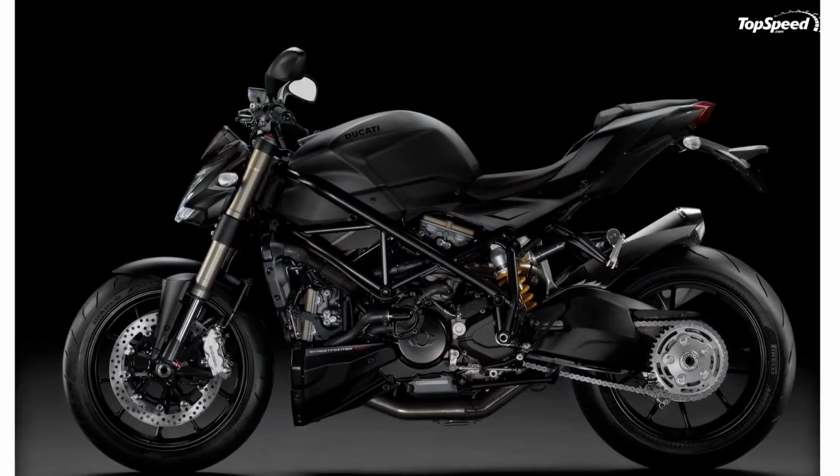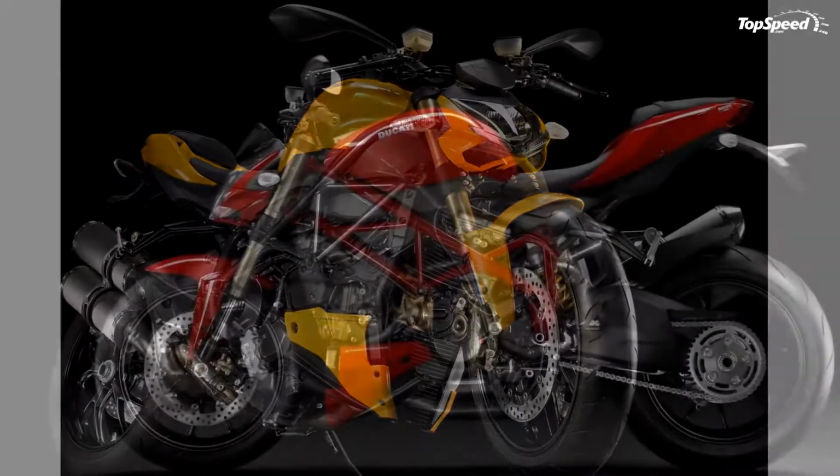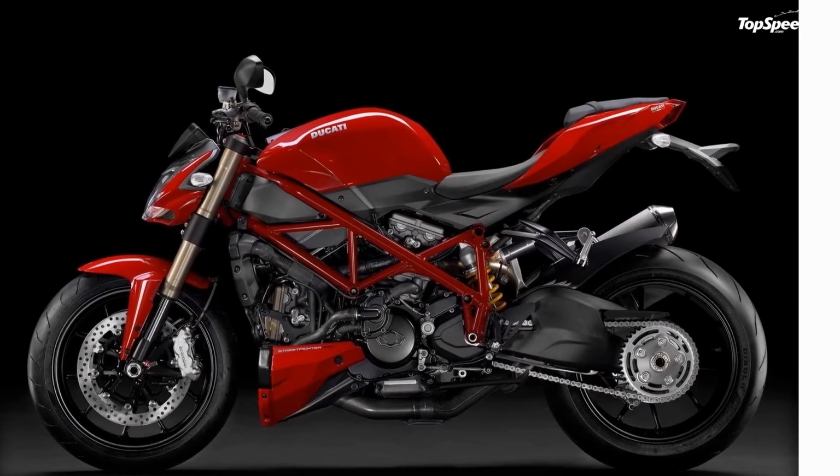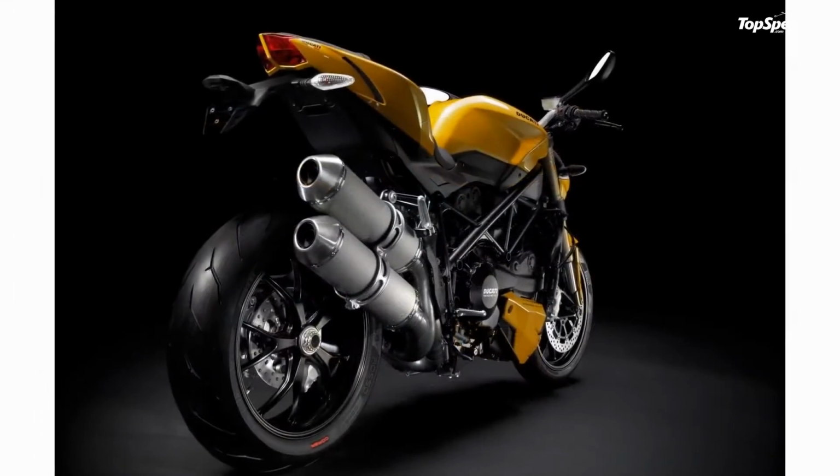Fully adjustable 43mm Marzocchi forks feature a natural chrome slider finish and radial mounts for the brake calipers and are fully adjustable in spring preload as well as compression and rebound damping. Equipment: